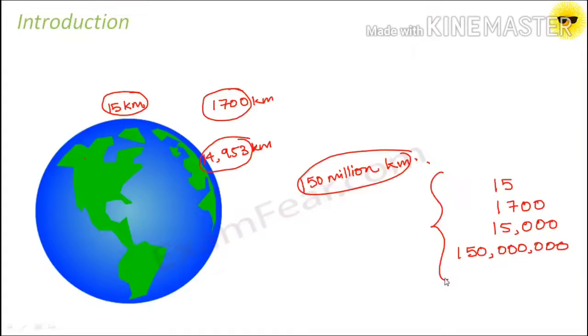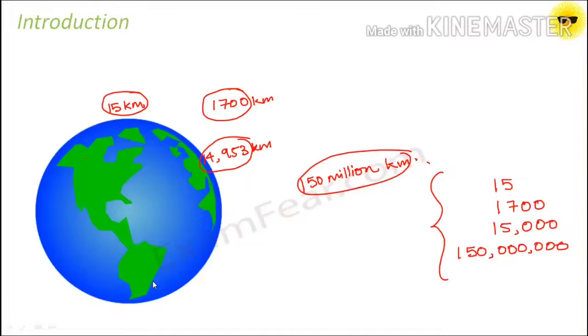So what happens as the number increases, we see that it becomes very difficult to represent big numbers. If I ask you to represent 150 million kilometers in figures, how would you represent it? You need to write 15 followed by 7 zeros. That's not a very convenient representation. You can even have numbers as big as 150 followed by 15 zeros or 17 zeros or even 20 zeros. So what do we do to handle these kinds of scenarios?